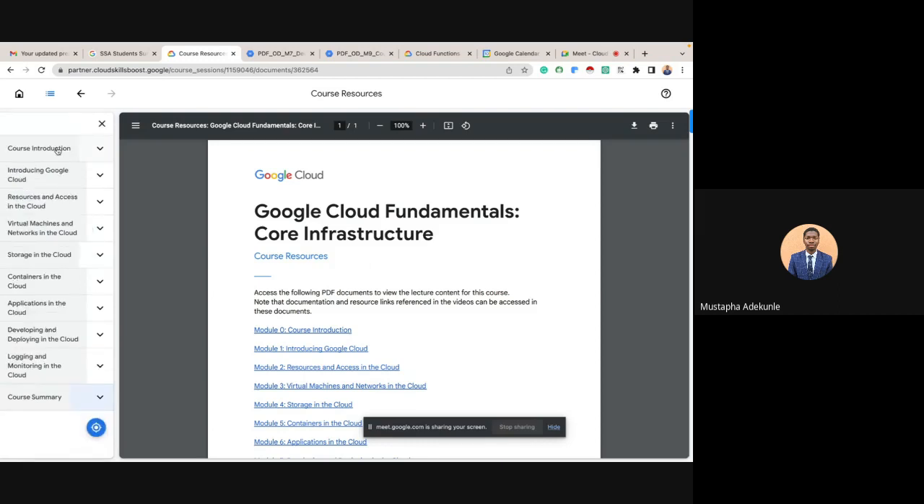So we've completed 1, 2, 3, 4, 5, 6, 7. We are left with developing and deploying in the cloud, and logging and monitoring. I would go over developing and deploying in the cloud. I would also skim over logging and monitoring. I want us to do the lab under this developing and